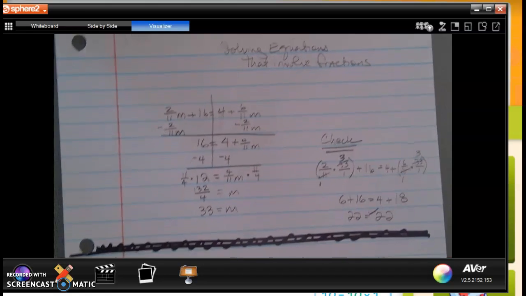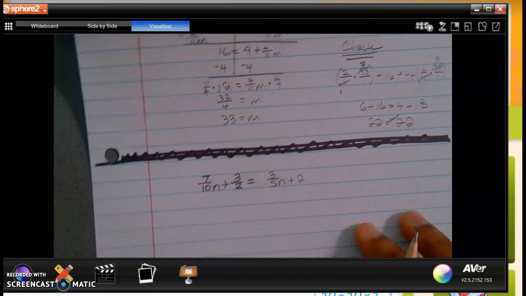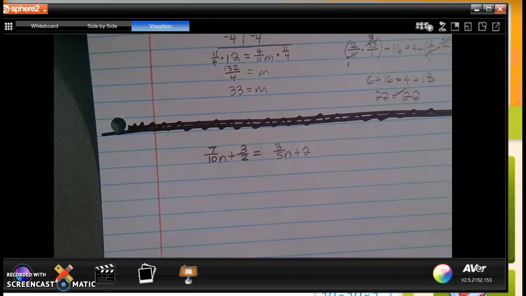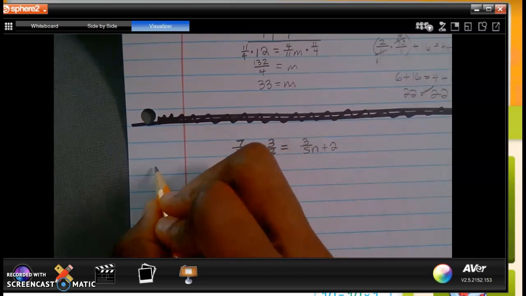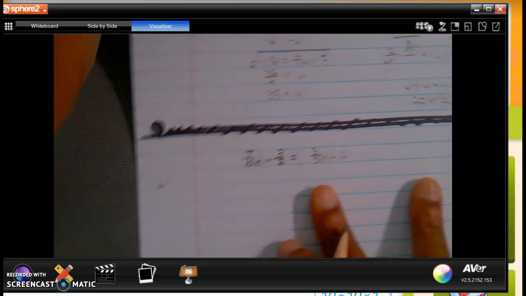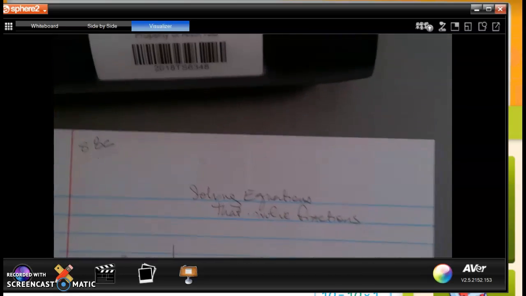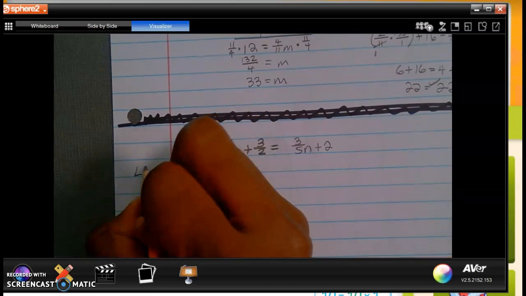Okay. Now, moving things up. Now I'm going to be dealing with a fraction that is not like. Okay, so this one is going to require just a bit more work. First thing that I want to do is come up with my least common multiples. Now, when I think of least common multiples, what I need to be thinking of, sorry, hang on. Okay, what I need to be thinking of for least common multiple would be the thing,